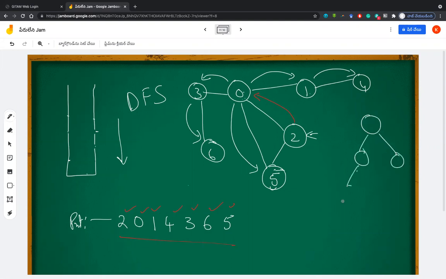For example, you have like this, right? You are not going with level. From this, you are going to this, coming and coming to this, and then so. So each step you are going in deep into your left, and then right, then left, and then right. So here there is no left and right actually, but still you can go like that. So you can go from 0 to 3, then 3 to 6, and come back and check whether 0 is connected to. So this is called depth.